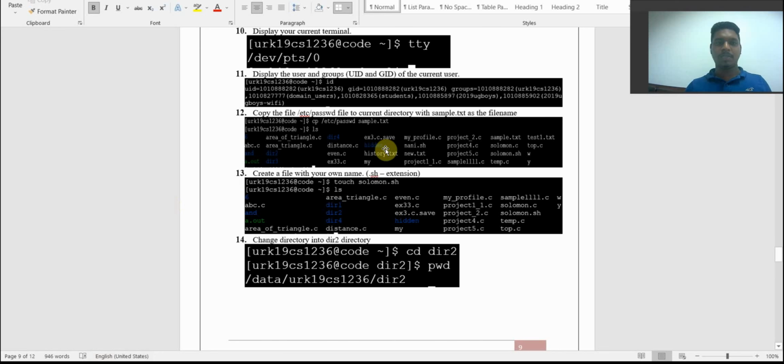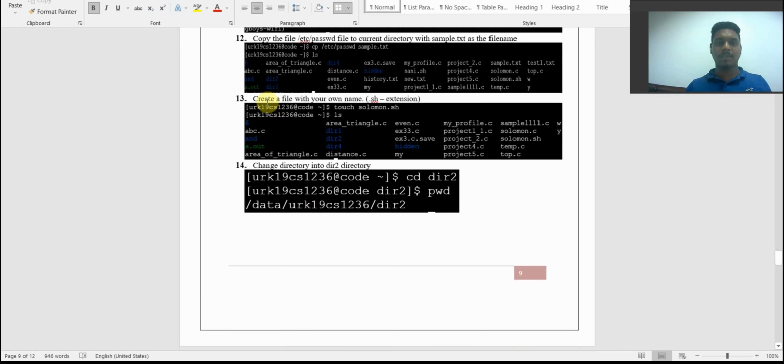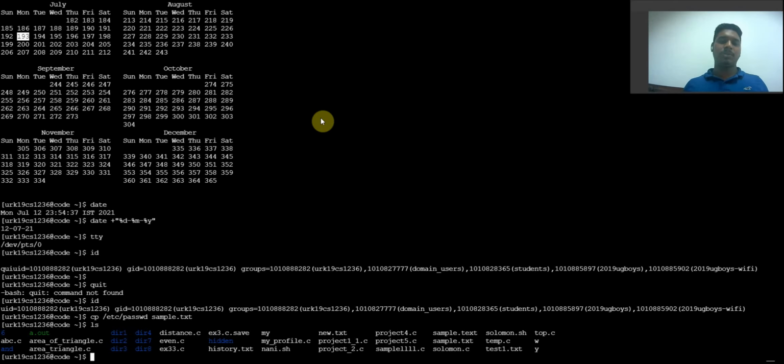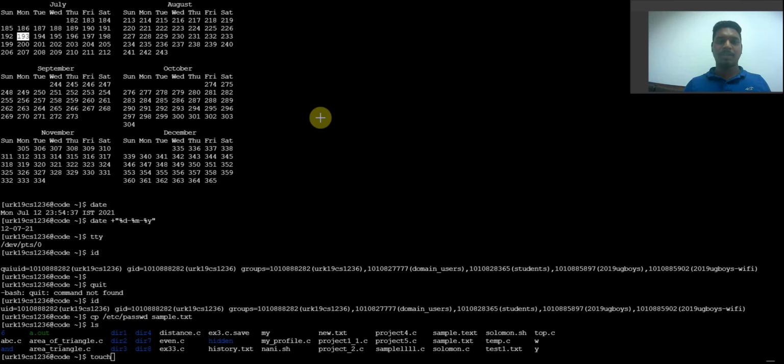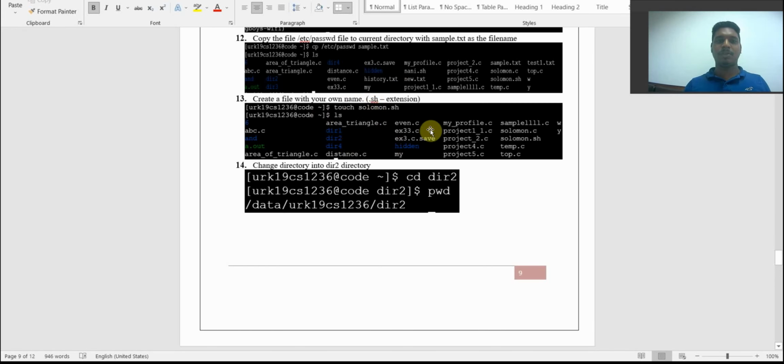Okay, now let us go to the 13th one. Create a file with your own name .sh. As I told, to create a directory we use mkdir, and to create a file we use touch. So we use touch here to create a file with your own name. My name is Solomon, so I have created it with Solomon.